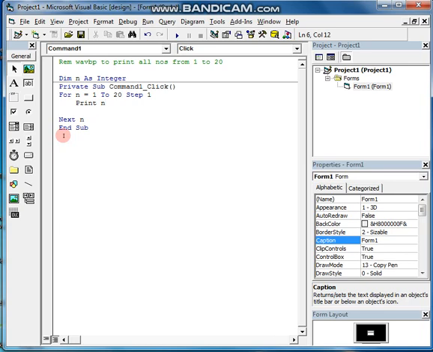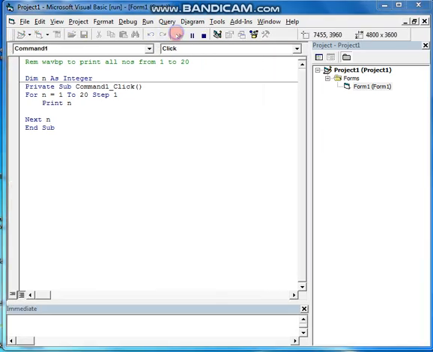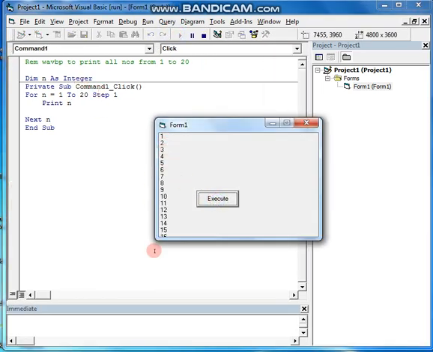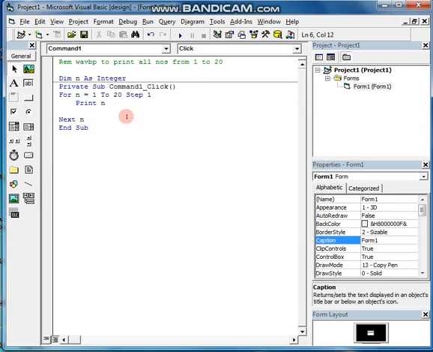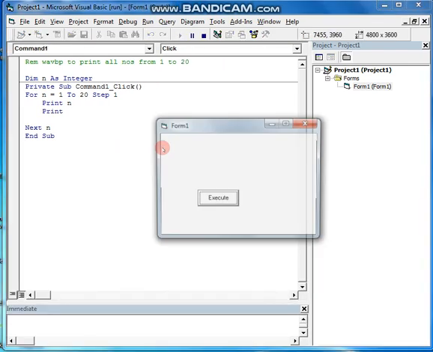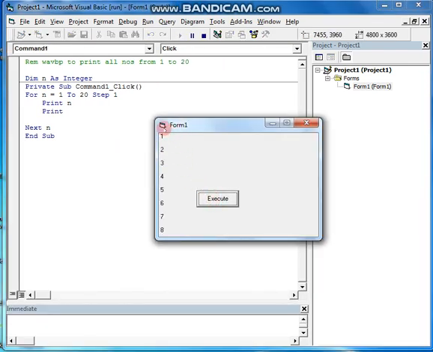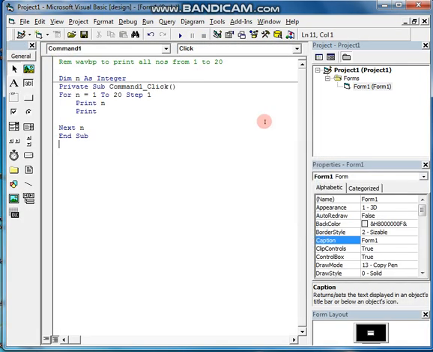Clear, students? Suppose, students, you will say, sir, we want to print it like this, or down, but we want to give a gap in between. So I can keep a blank Print here. Just running, you check, because after printing, it is coming down and giving a blank print, then again printing the numbers. Understood the concept? This is how the first for loop program is.